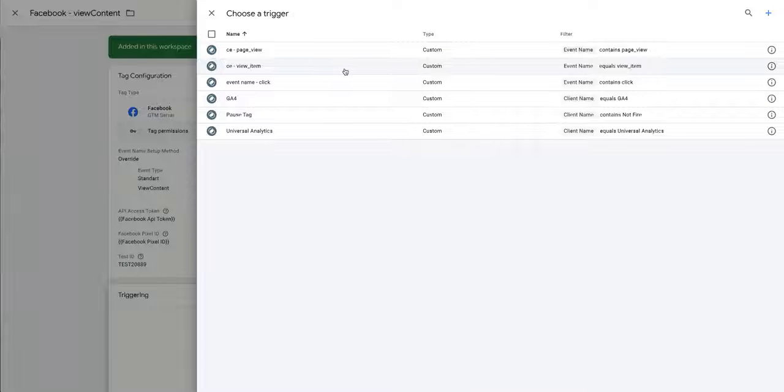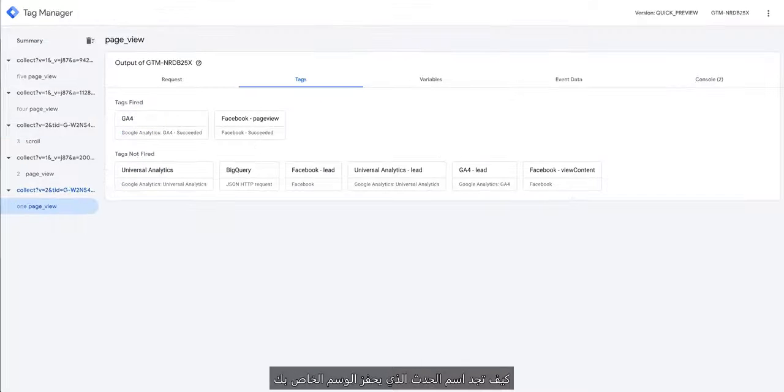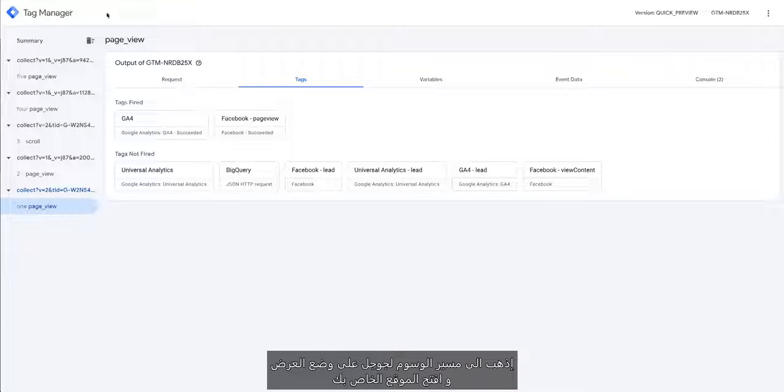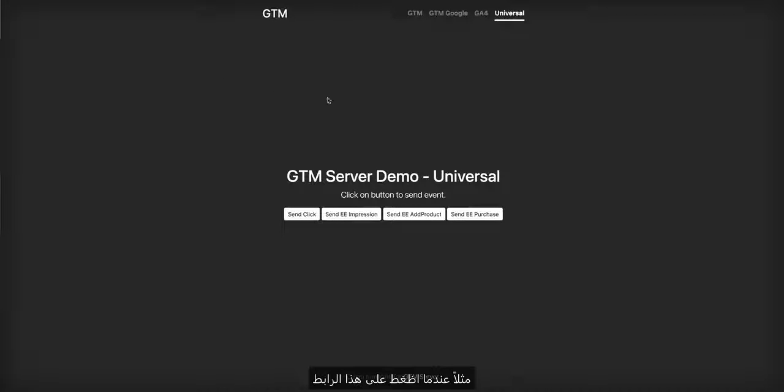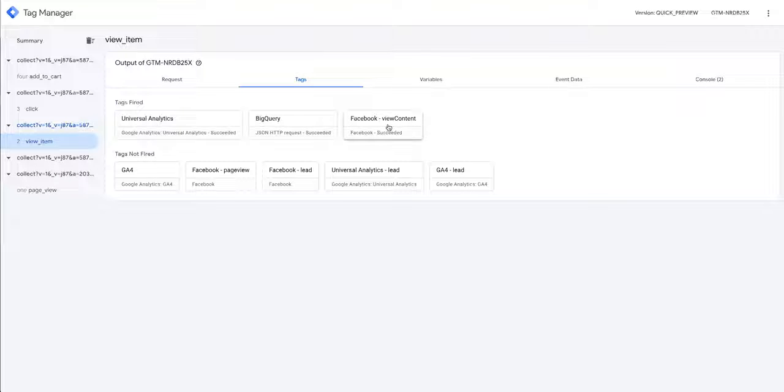So the trigger that I'm using for this tag is event name view item. How to find the event name that should trigger your tag? Go to the Google Tag Manager preview mode and open your site. For example, when I click on this button, I have an event inside Universal Analytics. So inside the preview mode, I can see the event view item, and I can see that Facebook tag triggered,